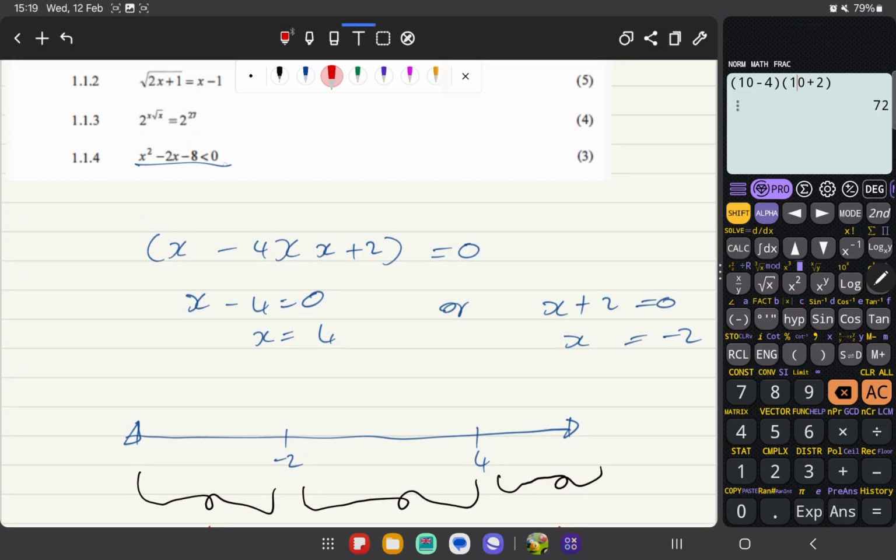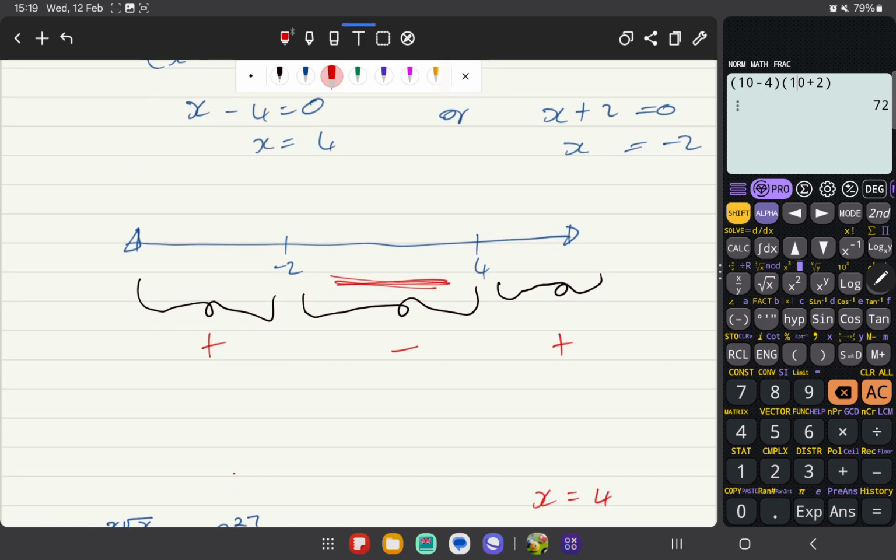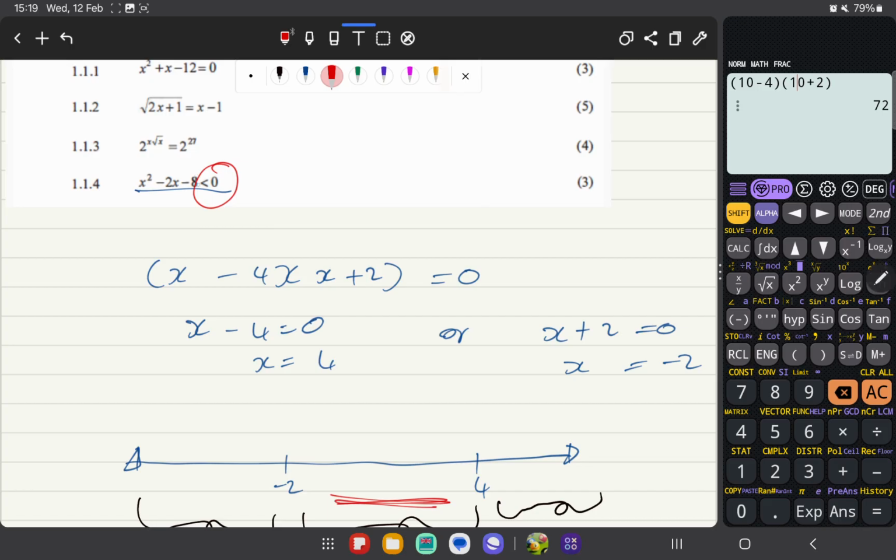Now I see this statement says less than 0, so we're looking for negative values, which happens between minus 2 and 4. And since they're not included, because the inequality sign is just less than, not less than or equal to,